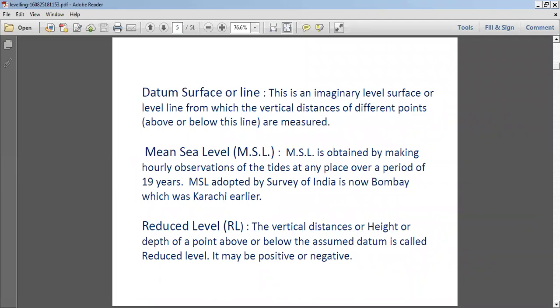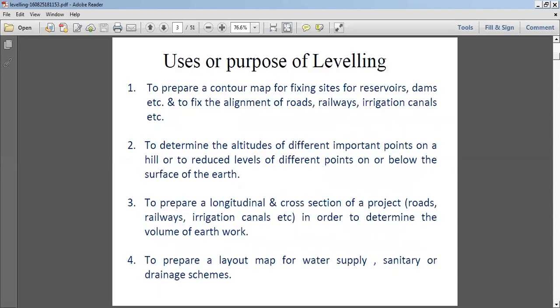So here are some terms related to leveling work. First is datum surface or line. The datum surface is the imaginary surface level, because when you are going to take a reading about the height of any object, we need the vertical distance of that point. So when we are taking a reading through the instrument,